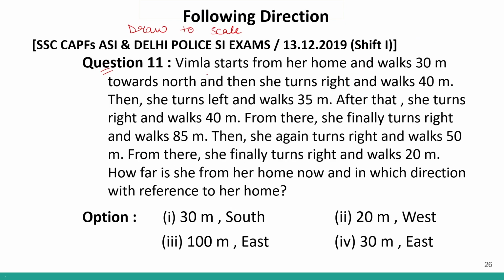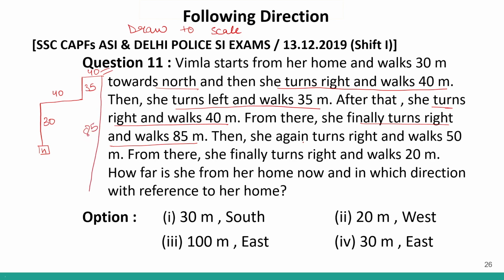Okay? Now, Vimla starts from her home and walks 30 meter towards north. So let's say this is the home. 30 meter towards the north. And then she turns right and walks 40 meter. So right 40 meter. Clear? Then she turns left and walks 35 meter. 35. After that, she turns right and walks 40 meters. So right 40 meter. Okay. Then she turns right again and walks 85 meter. So right again